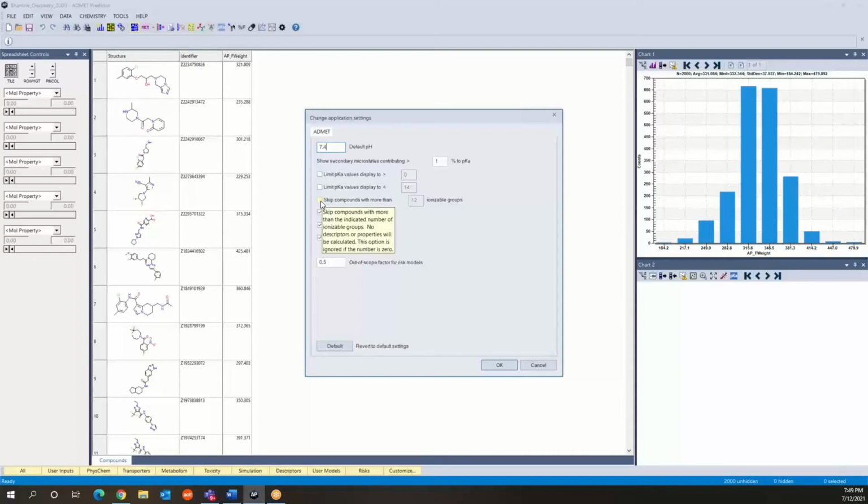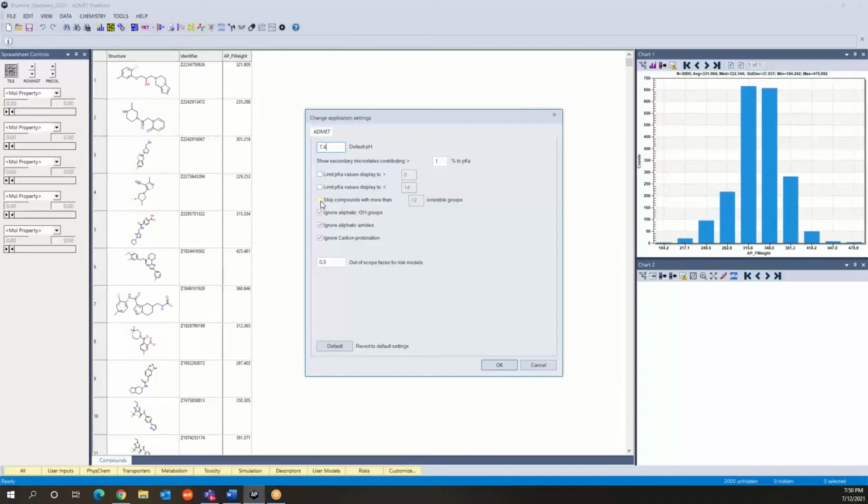And the reason you might want to do that is that these compounds can have a very large number of ionization states, as large as 2 to the power of the number of ionizable groups. So again, if you have, say, a dozen ionizable groups, that's going to get to something rather large, and the software will end up spending a lot of time on a handful of compounds